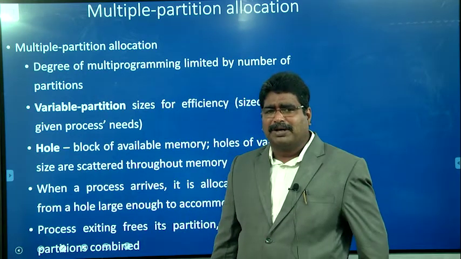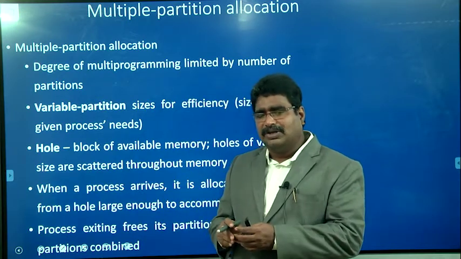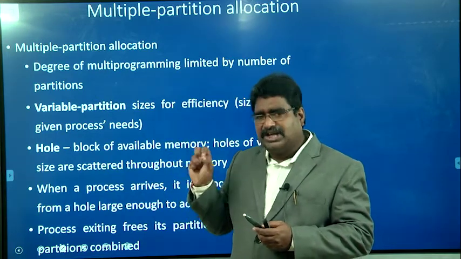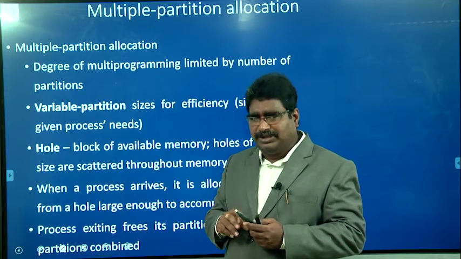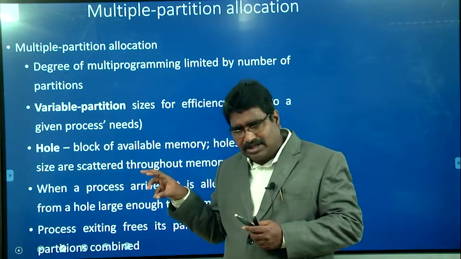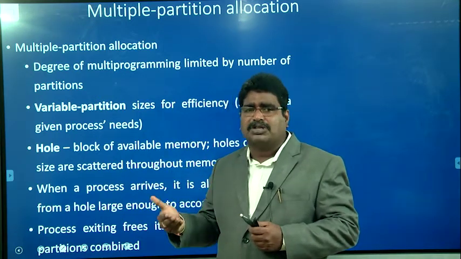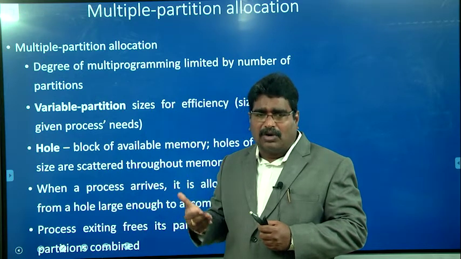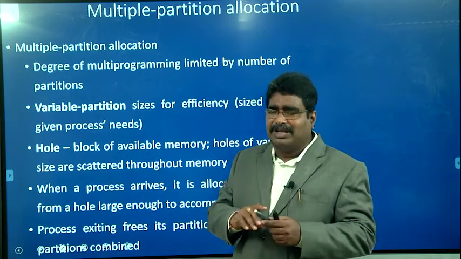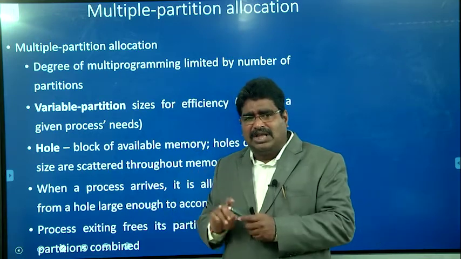What is the meaning of multiple partition allocation? For example, we need to load more than one process: P1, P2, P3. Some memory location is allocated to P1, some to P2, and some to P3. So P1's memory location is one partition, P2's is another partition, and so on. If the operating system supports multi-programming, more than one program is allowed to load into the primary memory, and assuming contiguous memory allocation, multiple partitions are generated. Each partition is allocated to one process.